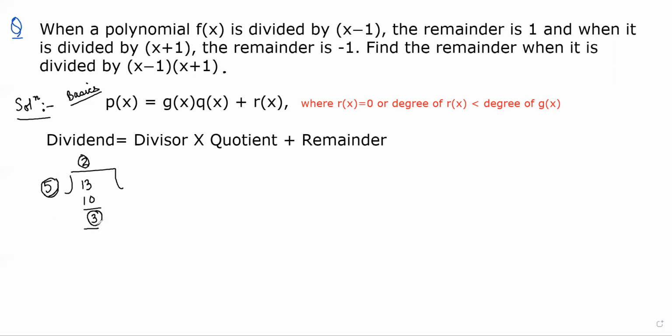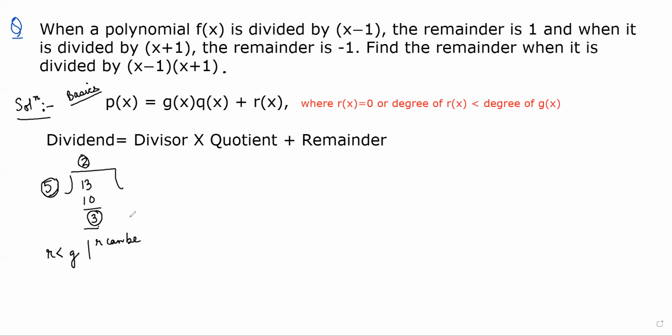Now look carefully: the remainder should always be less than the divisor. What does that mean? R should always be less than the divisor. Let us say this is the divisor. What exactly are the values this remainder can take? Answer: R can be,